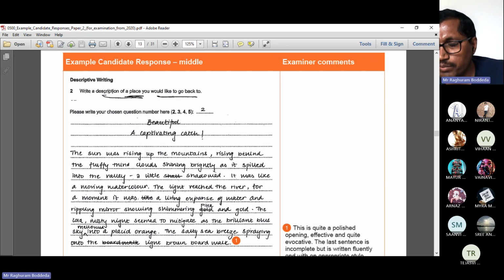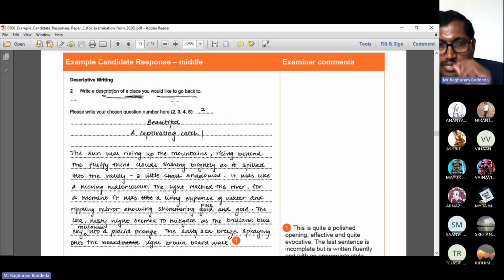Even we need to develop it, depending upon that. I told you, hope you remember, descriptive writing may describe a place, a situation, a person or something like that. If you look at the question carefully: write a description of a place you would like to go back to. So this is a description about a place. We need to talk about the ambience of the place, the setting like place and time, and how it looks. You already said that you need to create some sort of imagery, so that imagery should be linked to your description of a place.